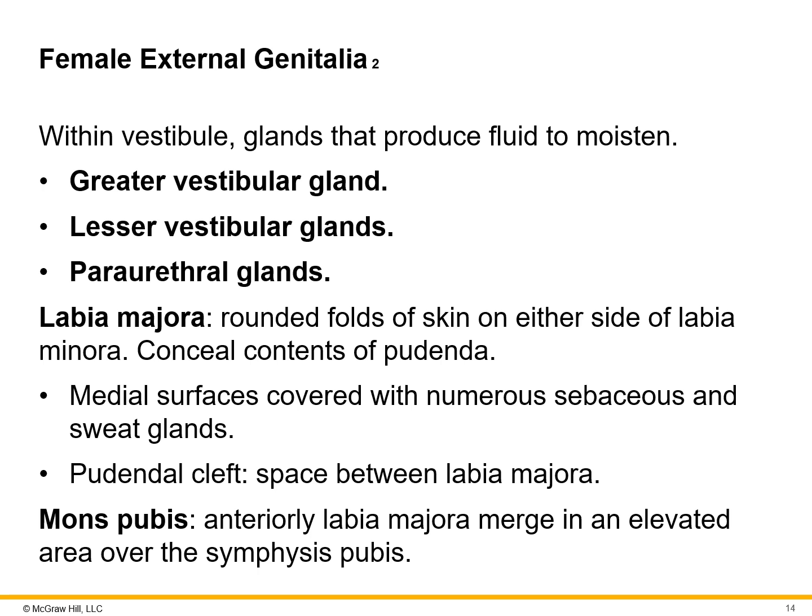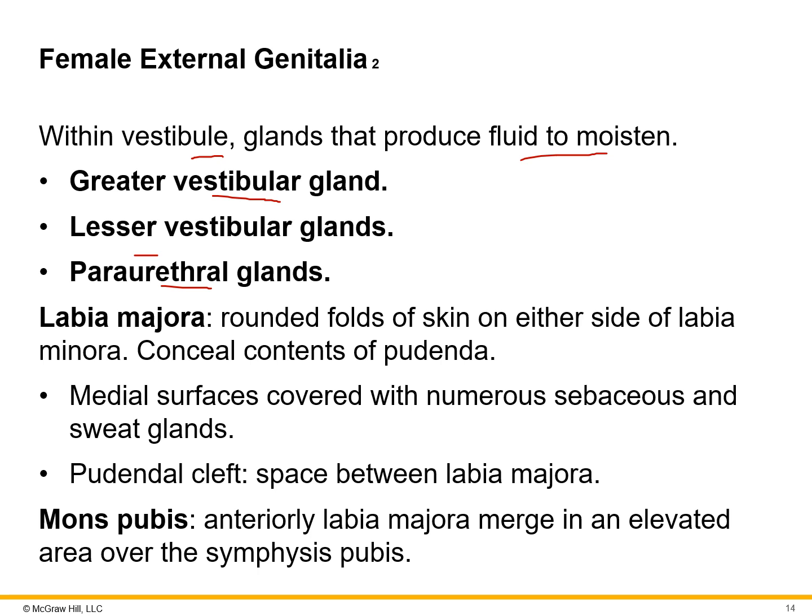Other parts here that we see within that vestibule, some glands that are going to produce fluid to allow a moist environment to allow for a better copulation. So we have the greater vestibular glands, the lesser vestibular glands, and then the periurethral glands. Again, all of these just are secreting fluid